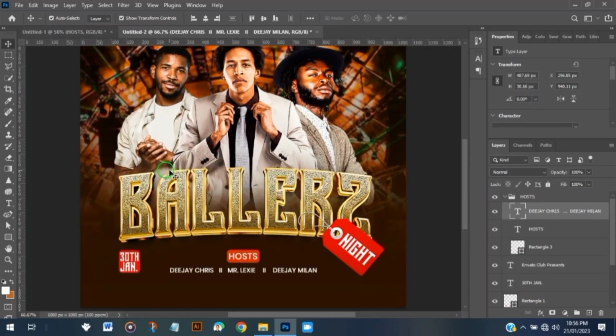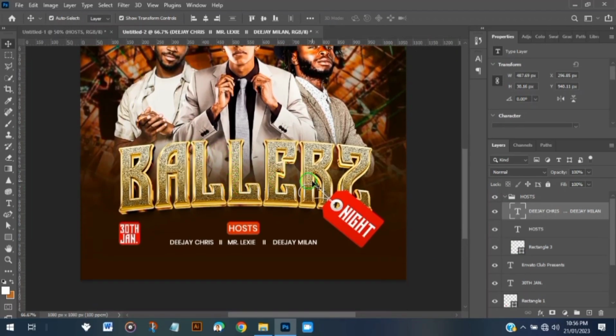So I'm going with center alignment, that is, every text is placed in the center, not to the left or to the right. Everything is in the center. That's why I'm using these grids to make sure everything is placed in the center. Okay, so I'll go back